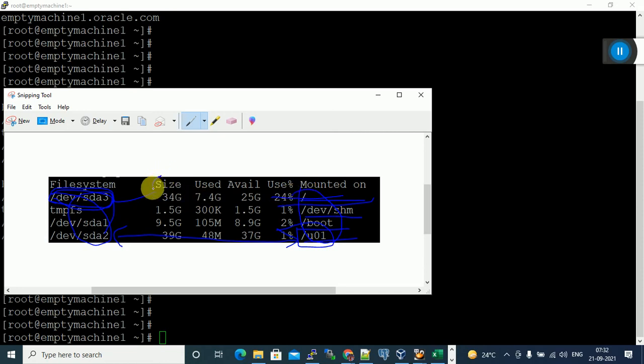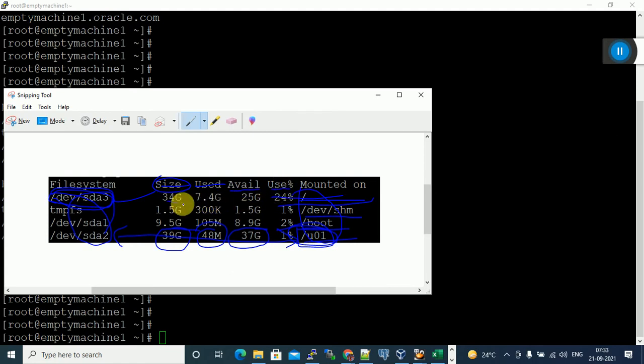This is the total size. What is the total size for user1? 39 GB. Out of 39, how much is utilized? 48 MB only. How much is available? 37 GB available. Like this, for each and every mount point, we come to know the total size, how much is used, and how much is available. Available means free space, then used percentage.